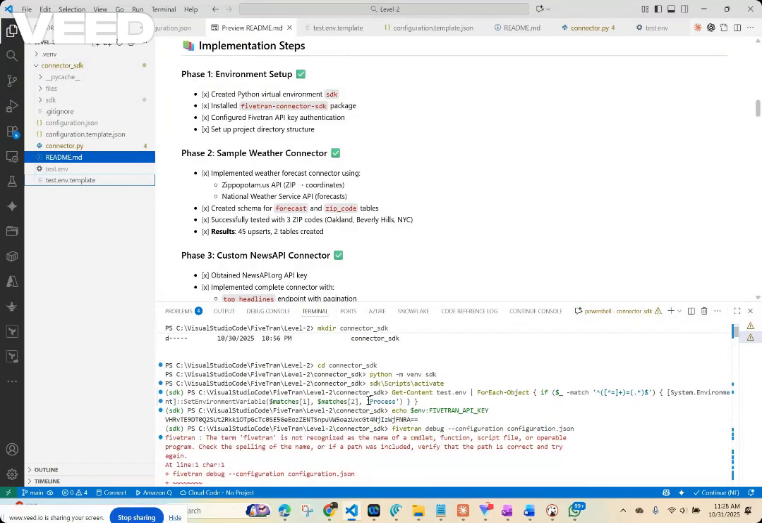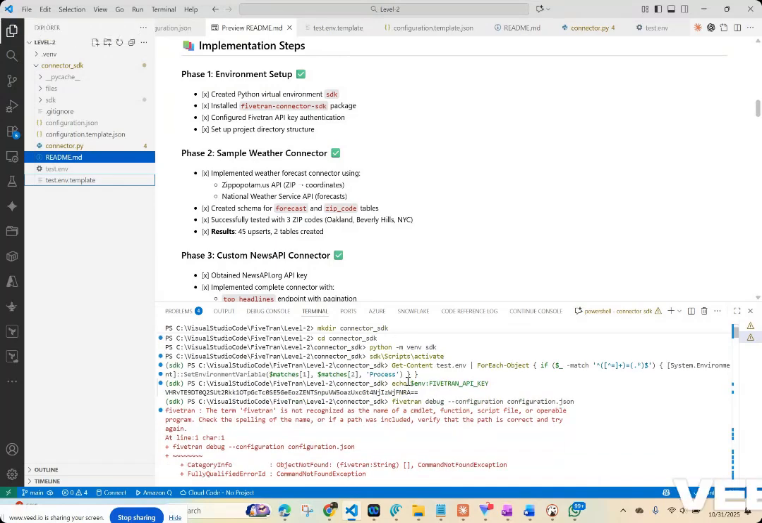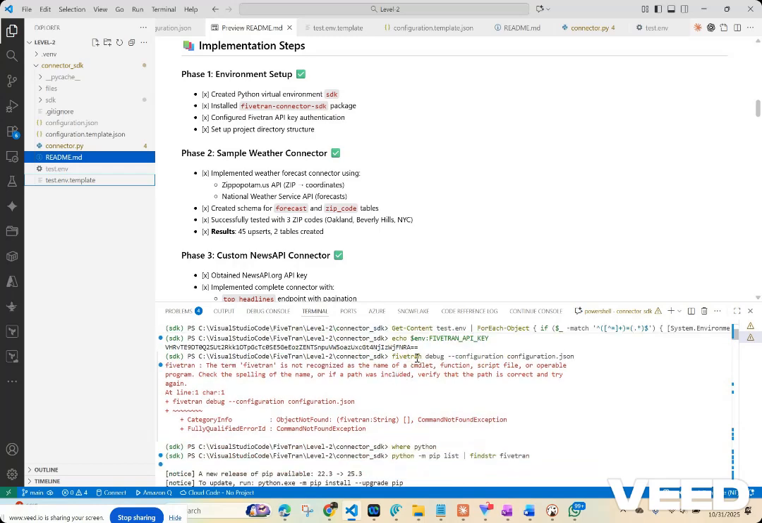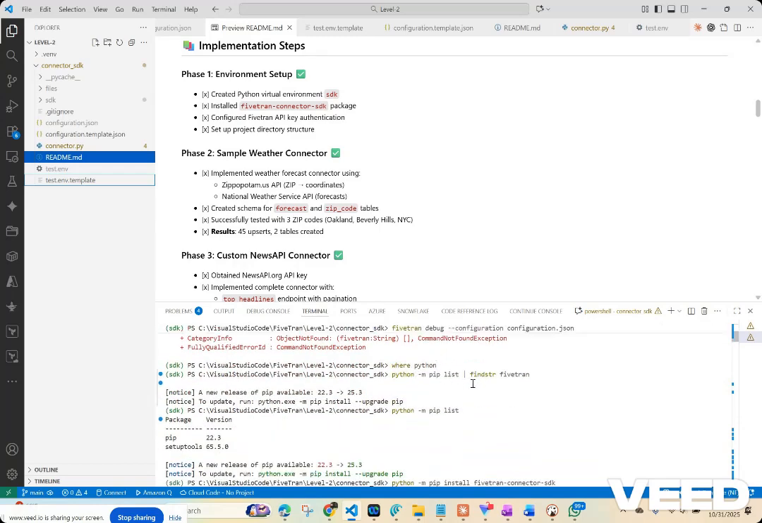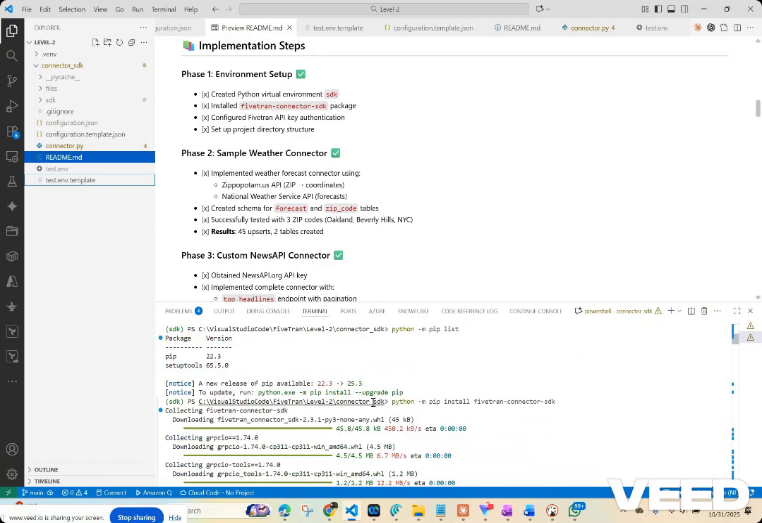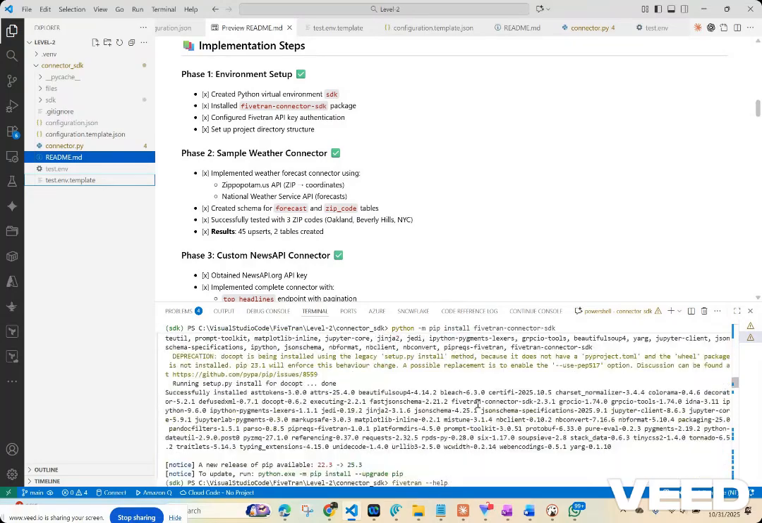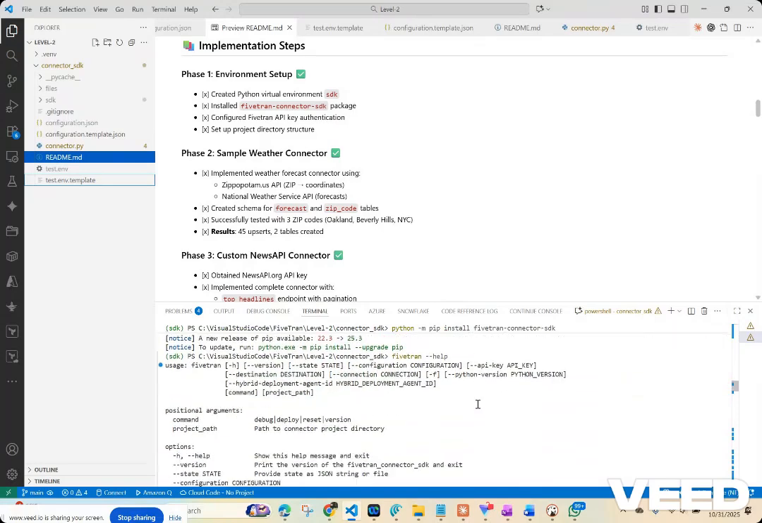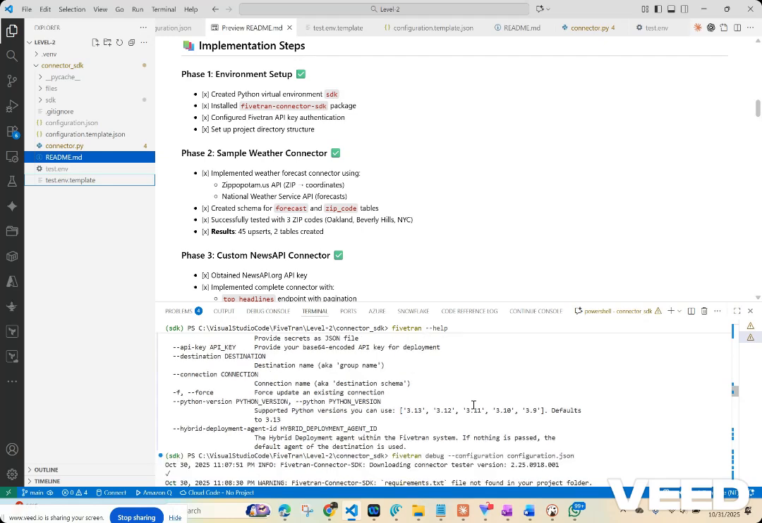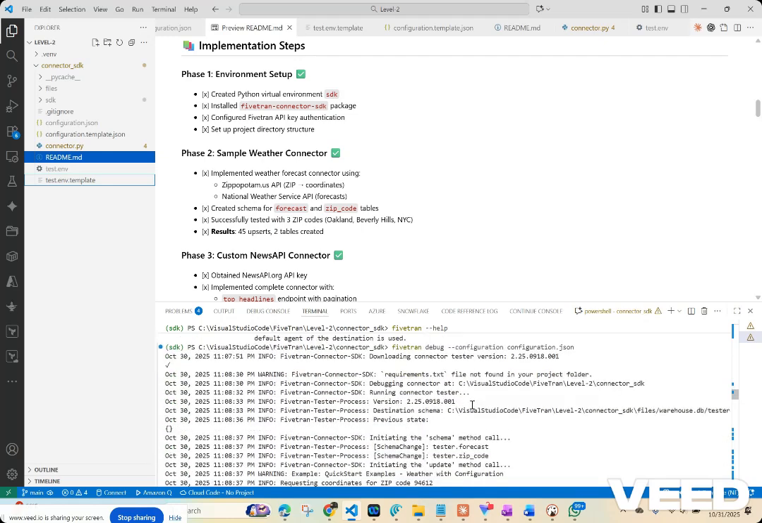Then go back to the directory, create your Python virtual environment, then activate it, and then install the Fivetran SDK. That's what I did, and you can see here it has been installing the Fivetran connector SDK. And after that, let me go through quickly, and you can build all the steps one by one as given per the